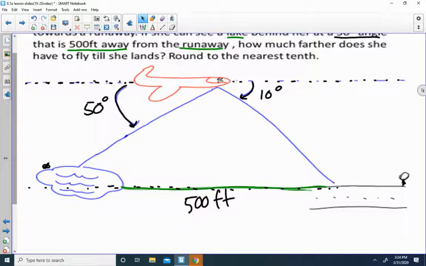I can't remember the word for it. Not alternate, but basically if you have two interior angles within the same section, they're supplementary. But anyway,